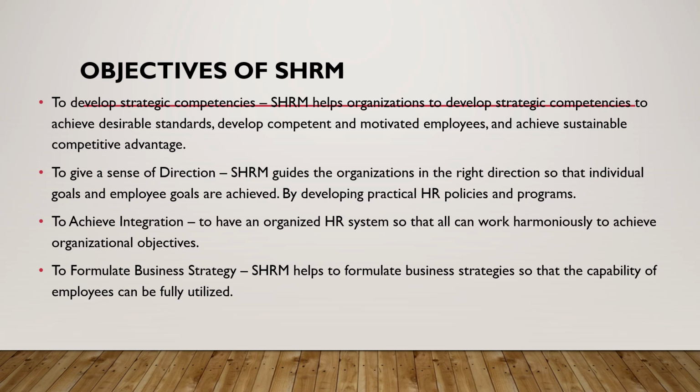They give a sense of direction to the organization. They help to integrate all the activities of the organization and they also help the organization to formulate their business strategy. To develop strategic competence means SHRM makes sure that organizations develop standards, and a competent and talented pool